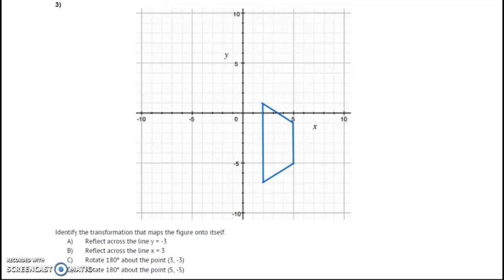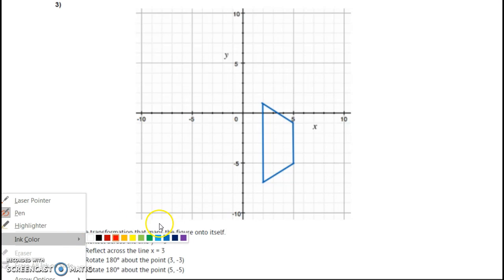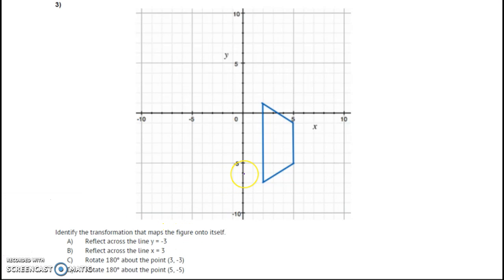So for number 3 on your interim assessment review, you have to identify the transformation that will map this figure onto itself, meaning what would give us the exact same figure back. So usually that would either entail a rotation or a reflection across a line of symmetry. So let's test each of these answers and see if any of them give us the same figure back when